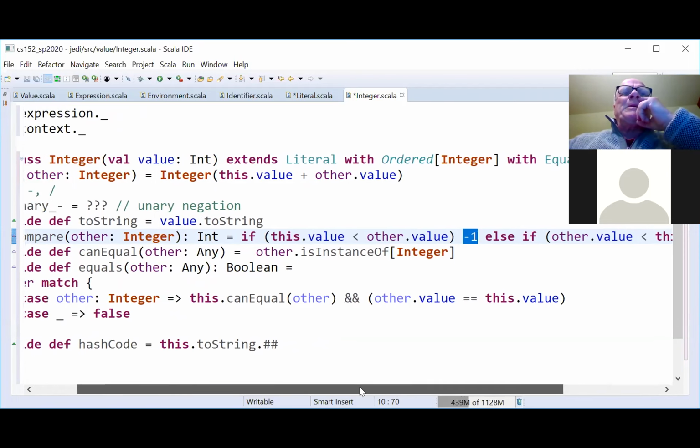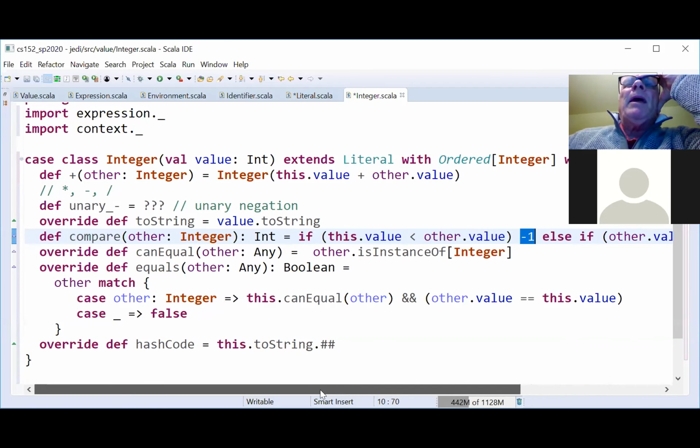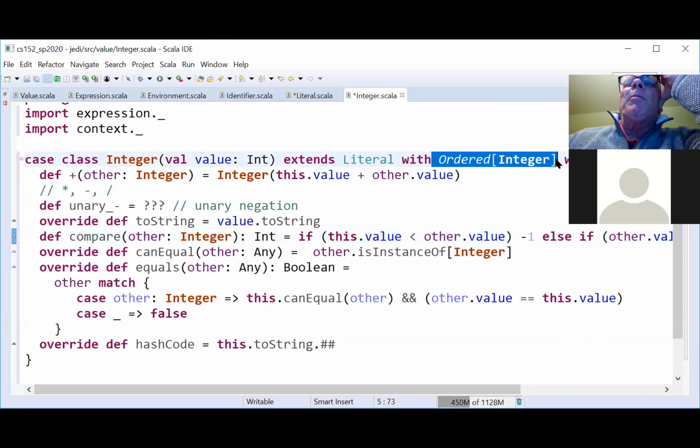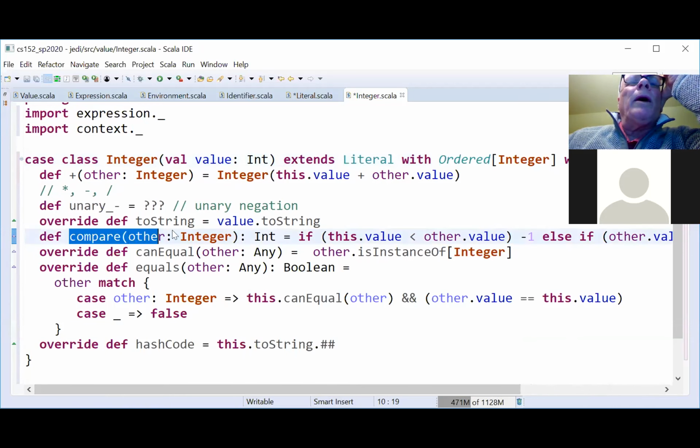So that's just the way that compare has to work. If you say you're going to implement this ordered interface, then you're implementing this compare method, which returns an int.